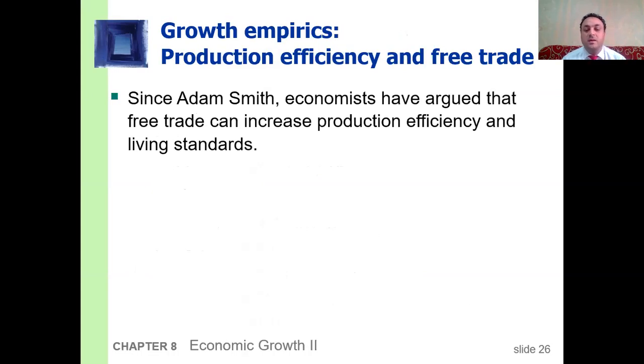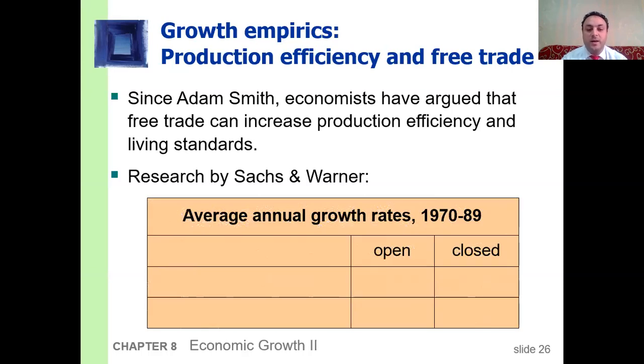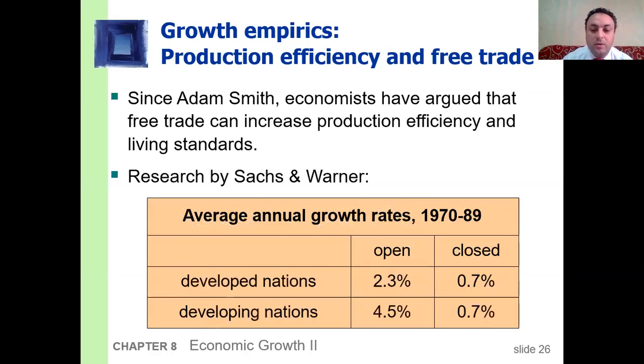Since Adam Smith, economists have argued that free trade can increase production efficiency and the living standard. So research by two economists, Sachs and Warner, looked at the average annual growth rate over a period of time, differing between open economies and closed economies. We can see in the developed nations, the open economy growth rate was 2.3%. In the closed economy, it is